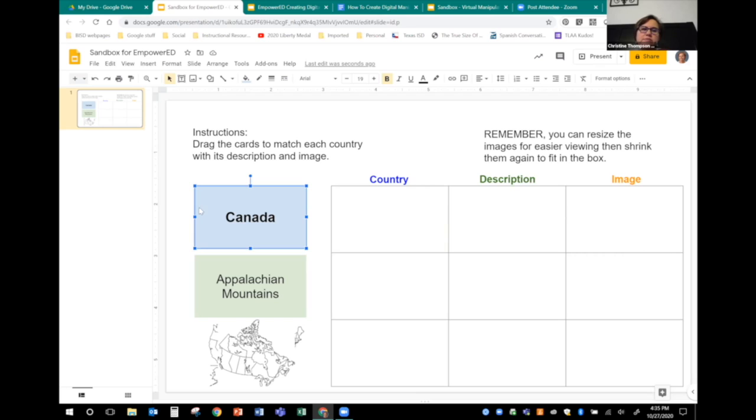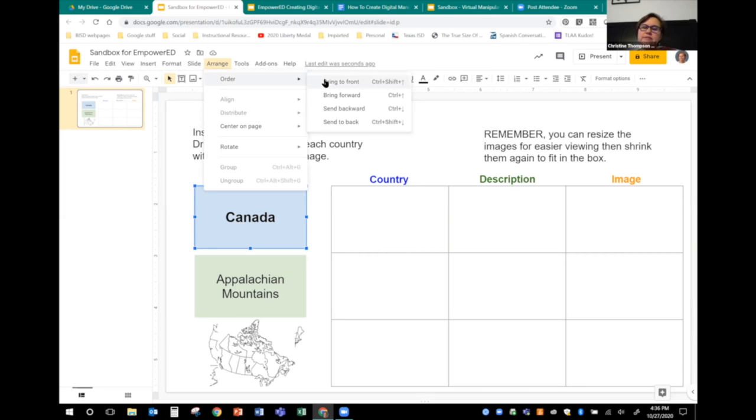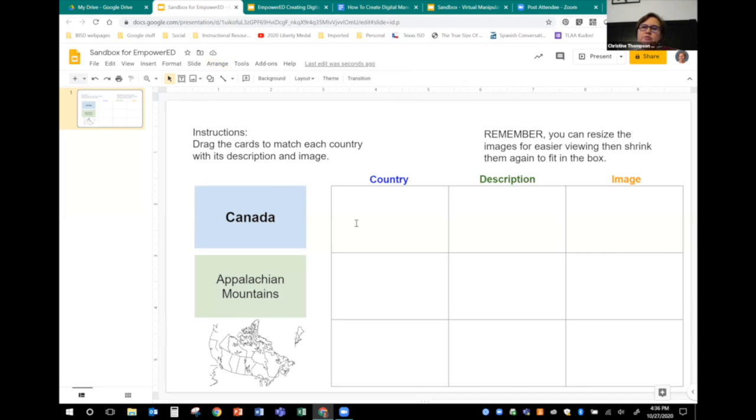We drew text boxes within the chart in order to create cards that we've now dragged out and stacked in a random order using arrange, bring to front. So the kids are ready to sort those into that chart. But we're about to do the kind of unique part, and of course, at the end, I'm going to share a how-to document that reviews the whole process for you.